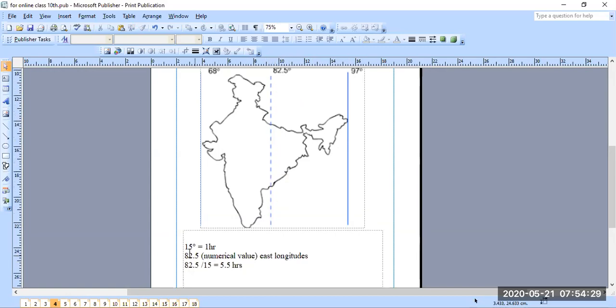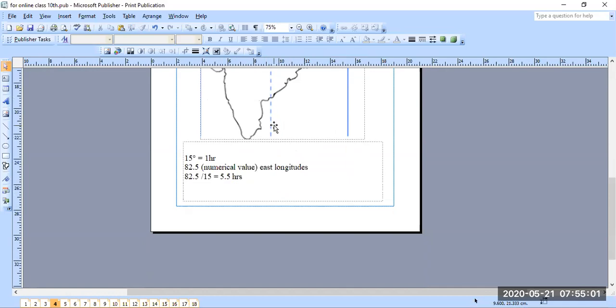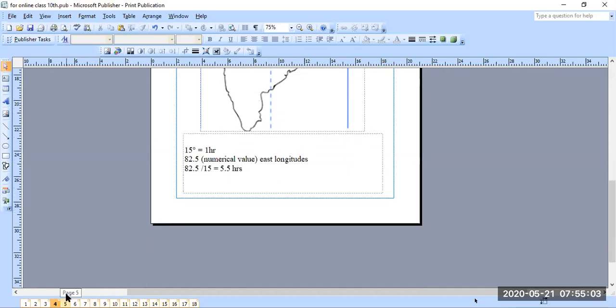So this is 82 and a half degrees. You have learnt in 8th grade and ninth grade as well that 15 degrees makes 1 hour. So 82 and a half, the longitude value I have considered here, if divided by 15, gives you 5.5 hours. So basically this 82 and a half degrees in terms of time is 5 and a half hours ahead of the prime meridian, that is the Greenwich prime meridian. Whatever time is at Greenwich, we will be 5.5 hours ahead of it. Let's go to the next